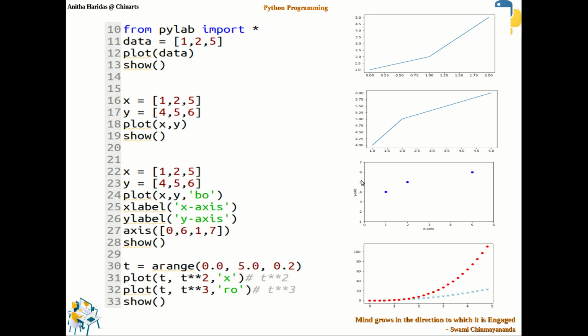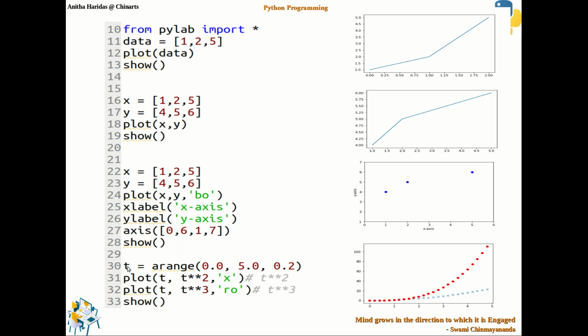So that is what is given in the y-axis, 1 minimum and 7 as the maximum. After setting all this information for my plotting, I gave the show function so that this particular plot, or the graph, will be shown to the user. Apart from that, I have also given another plot where I am using different symbols. You can observe here I am using different symbols.